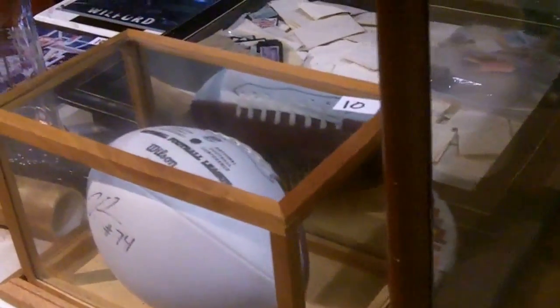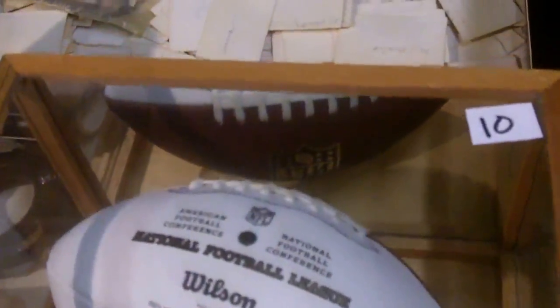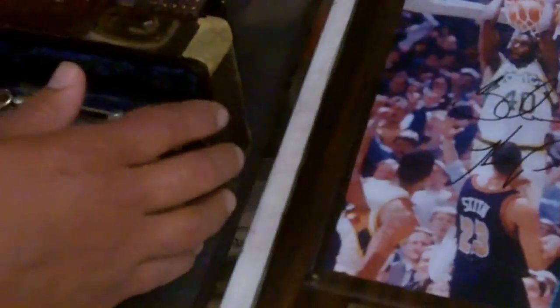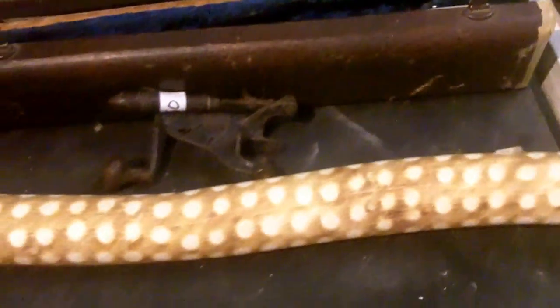Then some sports memorabilia, autographs, a big box full of stamps there, some old casket flags. Looks like we got a flute in there, and have some guitars. Pretty neat. This one here is a